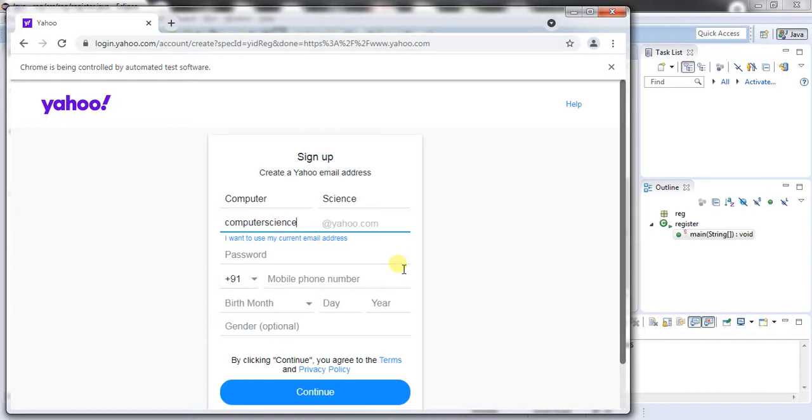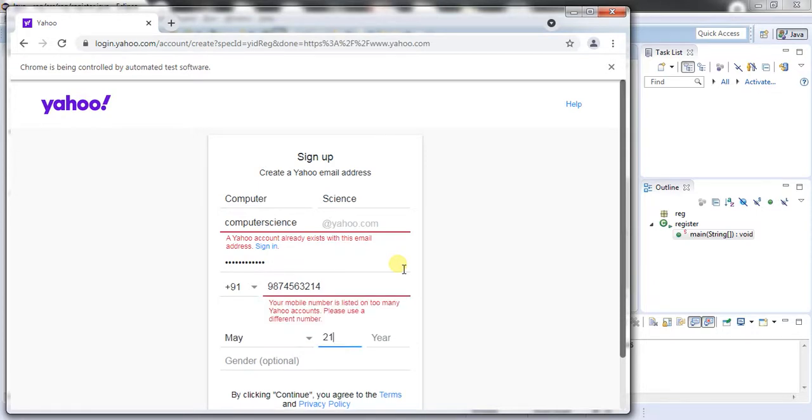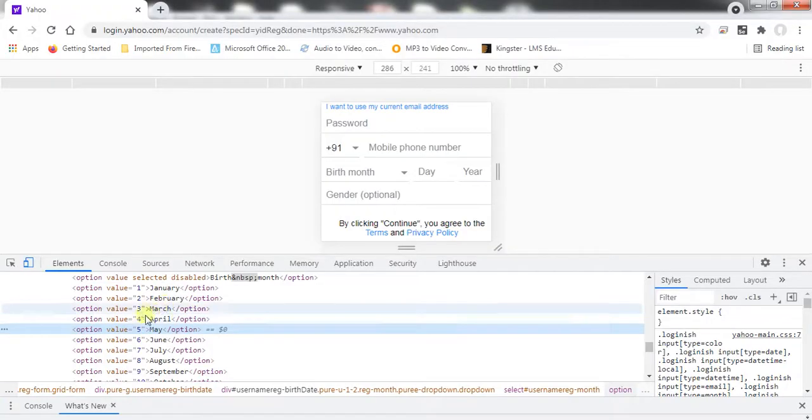Computer science, password, and the same process. Now which month does it need to select? The May. Why May? Because, as you can see here, the 5 is the value of this May. So May's value is 5.